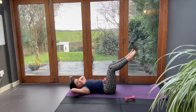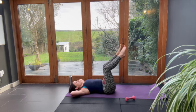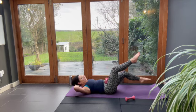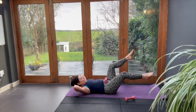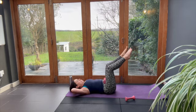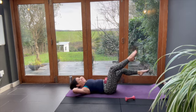Rhythm and flow, good, helps us to motivate and stay with the movement. I've got my shoulder blades off the floor. I'm focusing on breathing and releasing, and that means I can do at least 4 more. And the other side,